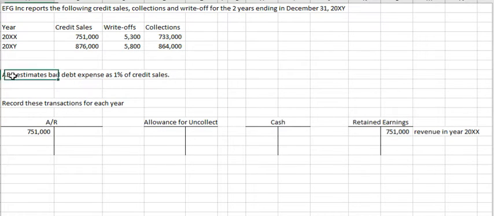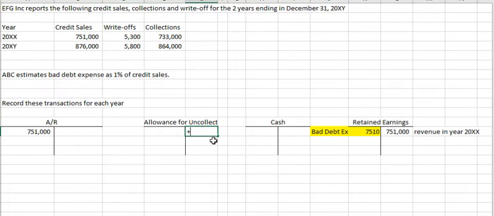And we are told that the company is estimating 1% of their credit sales to be uncollectible. Now, they don't know who is not going to pay and when the write-offs are going to come in, but they know based on historical data that 1% of their credit sales is uncollectible. So the first thing we are going to do is record the associated bad debt expense with that. So expense is going to decrease retained earnings. So this piece right here is bad debt expense,